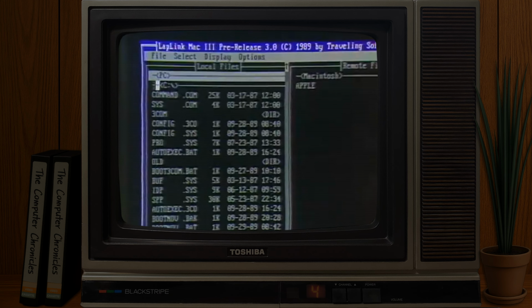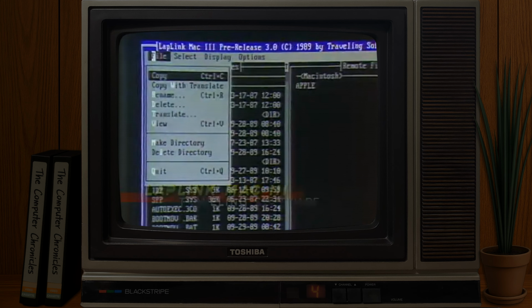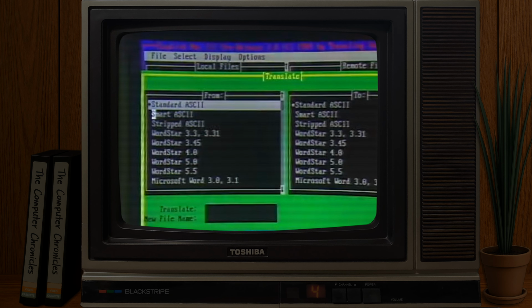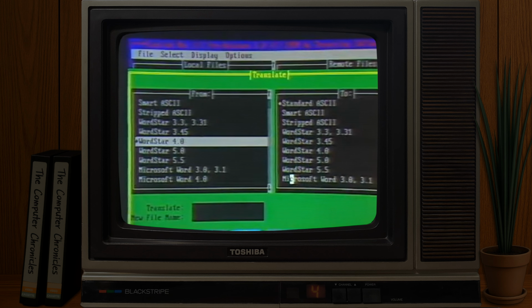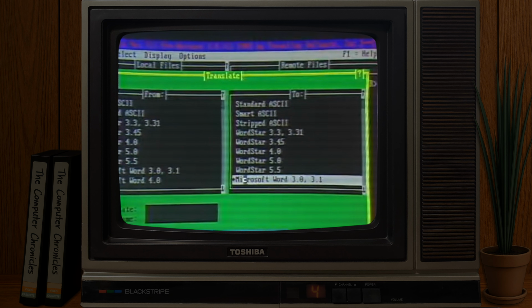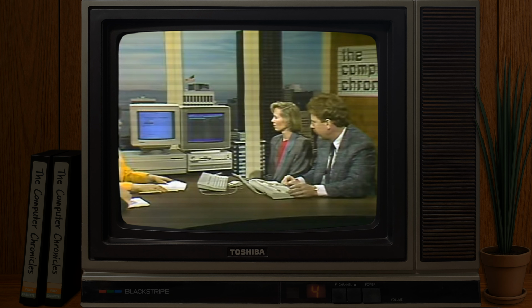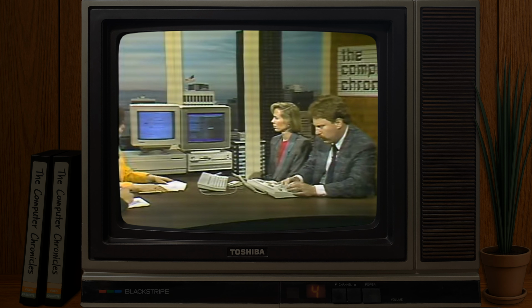Show us how you do it. Okay. We've got, as you see here, you have an option for translators. And we go down here and select WordStar 4. Okay. And then what we're going to transfer it to is the version of Microsoft Word on the Macintosh. Okay, we select that, and then we go and get the file. And the file is living in a subdirectory down here. Okay, and we take the file like that, and simply press copy with translate, and it goes over to the